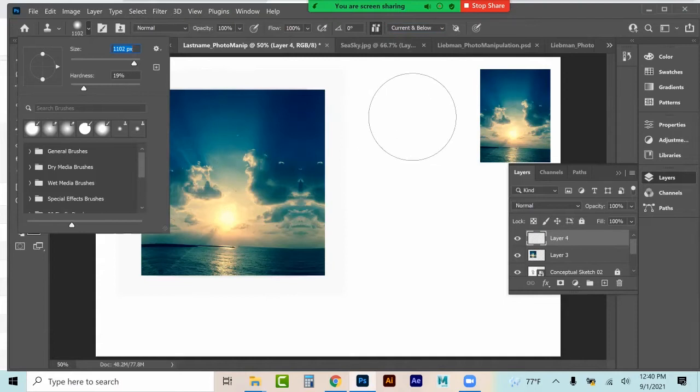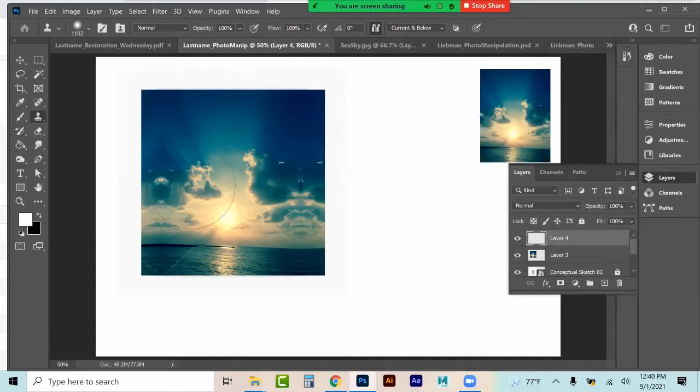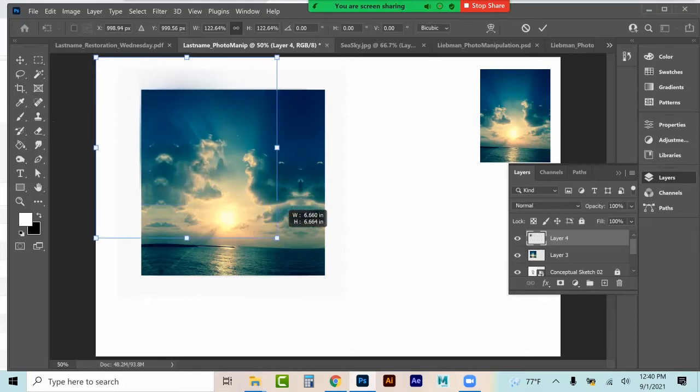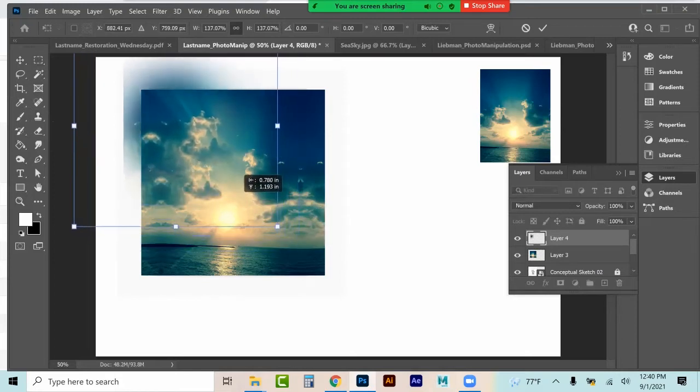Because I just want a little section here of this cloud. So I'm going to grab this cloud here, hold my Alt and click, and then come up here and just kind of add a cloud, right? Now, because I've done that, I can go ahead and scale that cloud up, move it where I want it to go,